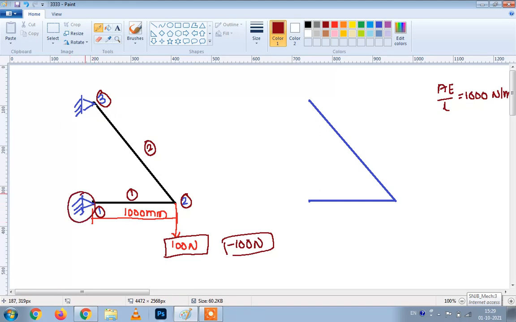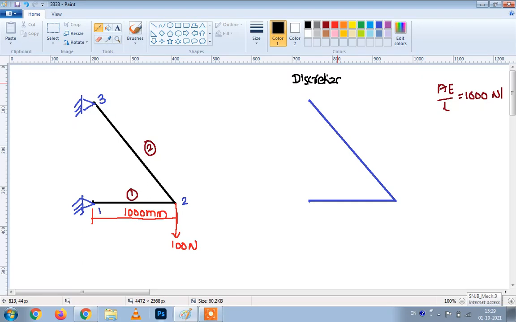So here in the discretization, in the second step of discretization, at node point number 1, we will get the two fixed support. So here we will get the two reaction. As this fixed support is given at node point number 1, simultaneously we will draw our discretization figure. So an important step is discretization, where we divide the complete unit into smaller parts. So here at node point number 1, as this is fixed support, what we will get here? We will get here two reaction. First reaction is R1X in the X direction and second one is R1Y.